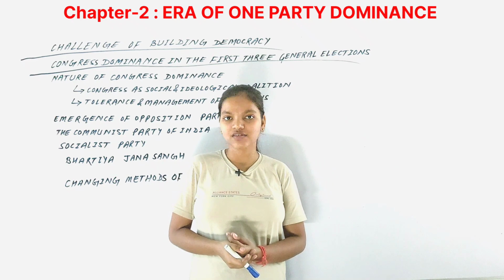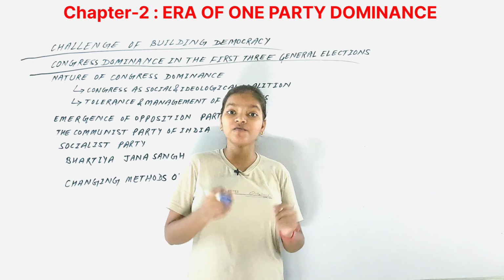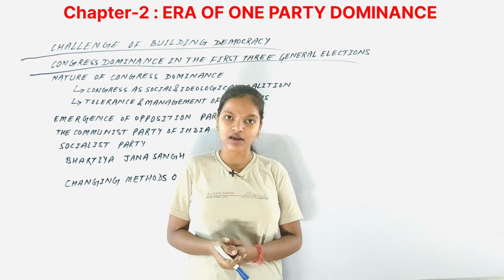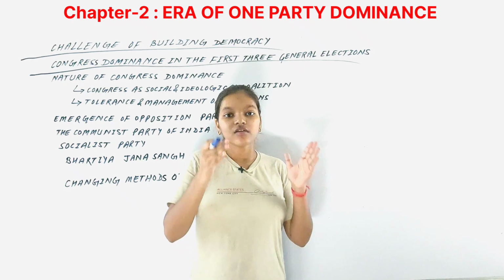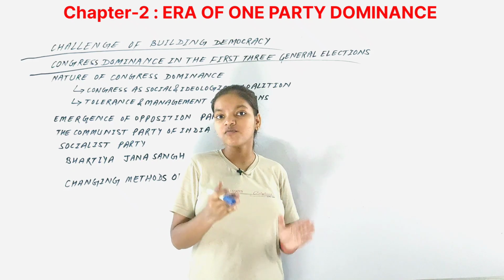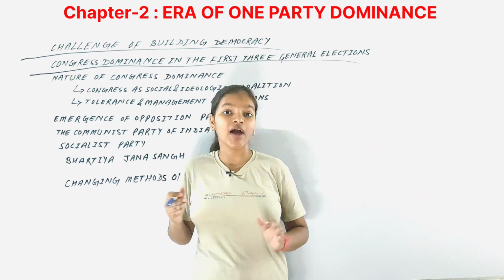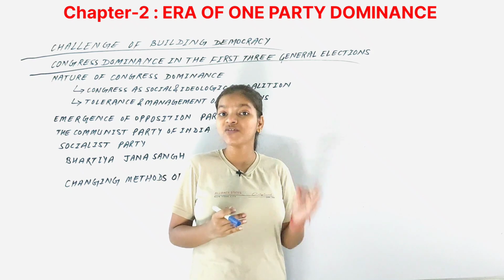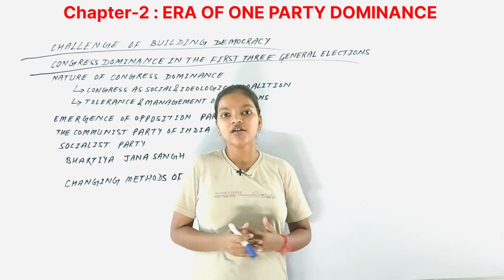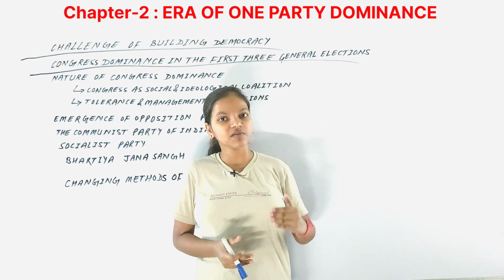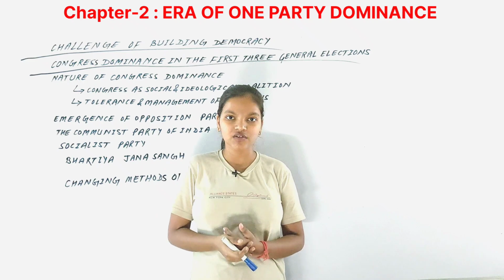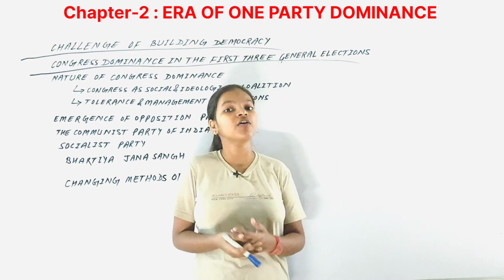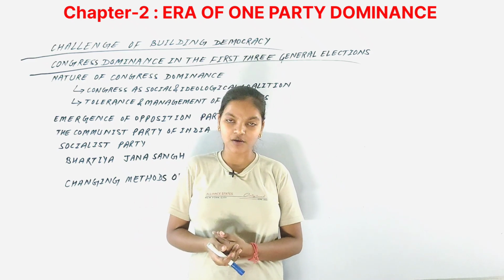As we have already studied in class 11th about the first past the post election method that has been adopted in the country, you see that the Congress party had won 3/4 of the seats, while it got even less than 50% of the votes. So how is it that it got less than 50% of the votes while it got more than 70% of the seats? Because in India we have the first past the post system.